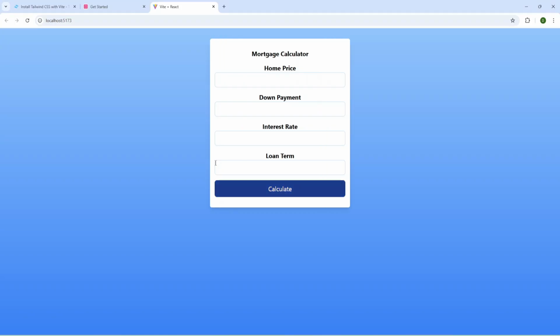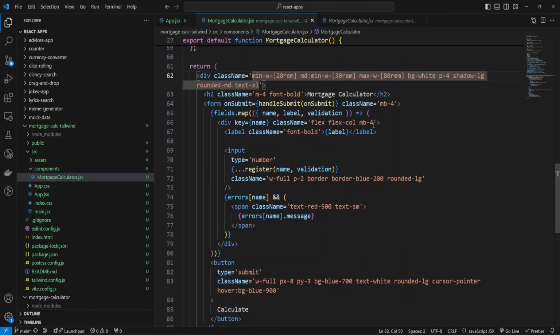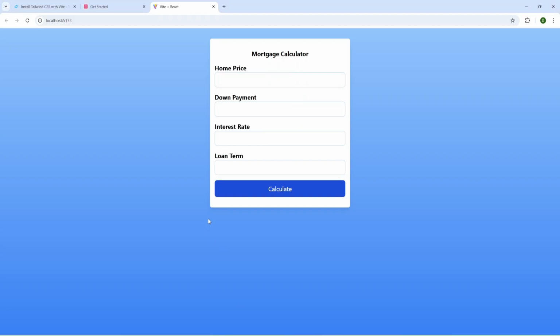Okay, and we have a bigger width. And also I would like to add to my label and align it to the left and provide text left. Okay, and it's looking good so far.